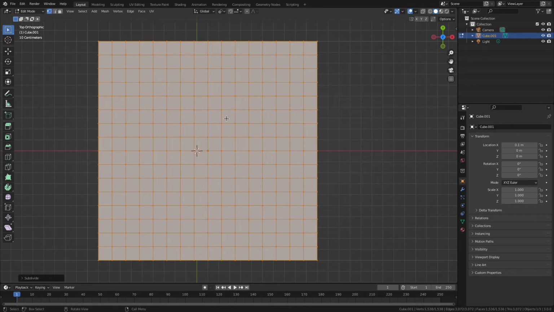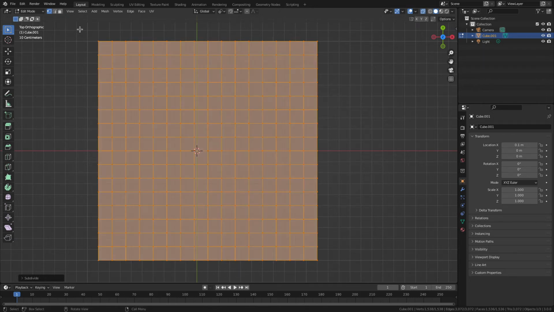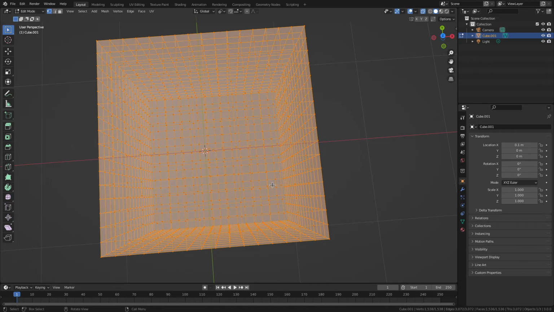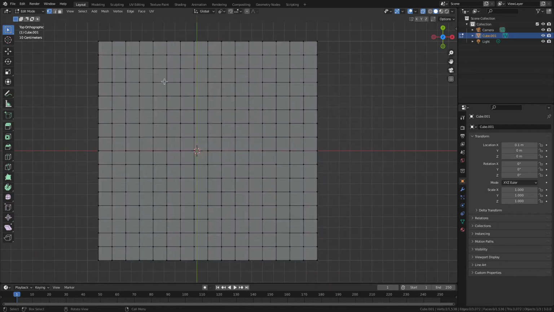Okay, I'm going to hit Alt Z to go into X-ray mode. So I've got everything selected. Okay, so 7 for top view. All right, now I'm going to select this guy here. If I hit R for rotate, obviously nothing's going to happen. Just like the other pivot point types, when you're in edit mode, you're dealing with vertices instead of object origins. So that's not going to do anything. I mean, it does do something, but it's nothing that actually means anything to us